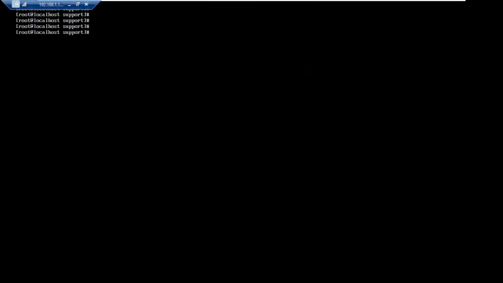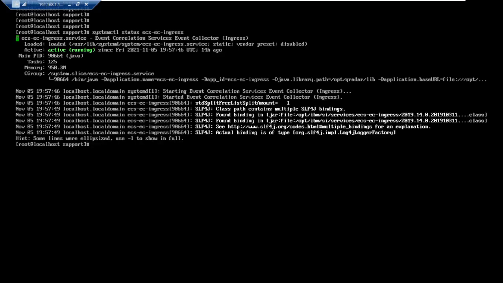First and foremost, systemctl status. I am going with the status. ECS-EC-ingress. This is one of the major services. If logs are not coming, this is one of the major issues. If it is in a failed condition, that means logs will not reach your QRadar. The other one is